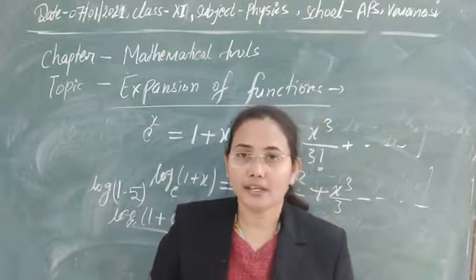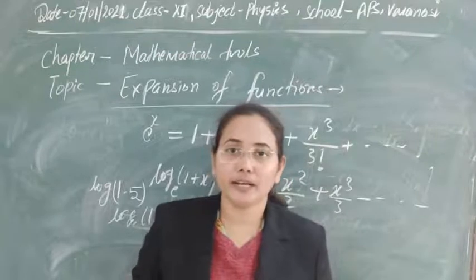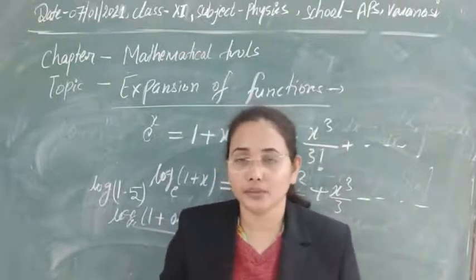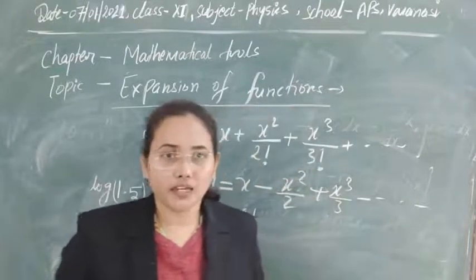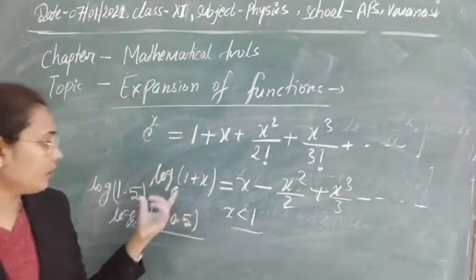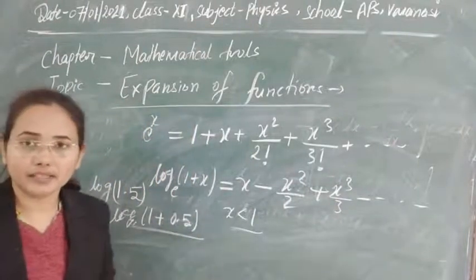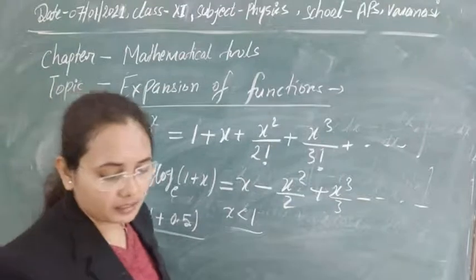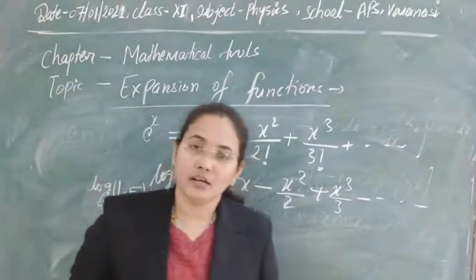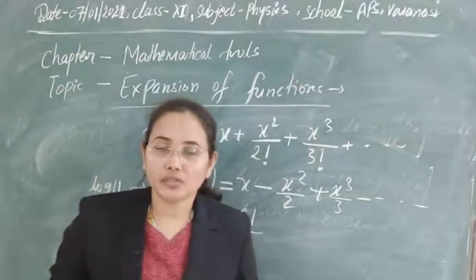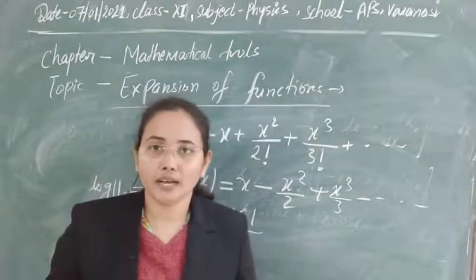How to find out a random value that is given, e power 10, e power 100, e power 1000? How can you find its value? Or also if log of something is given, how can you find its value? In that case it actually helps us a lot to calculate the values, if we don't have a log table or anti-log table.